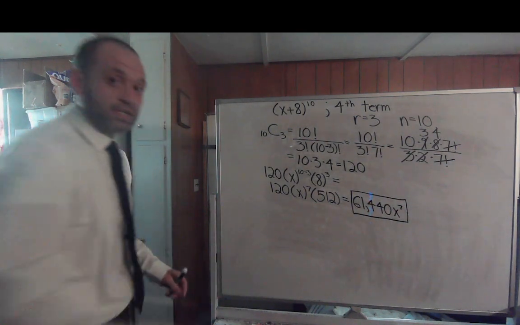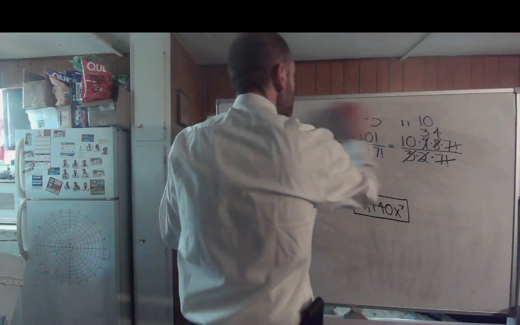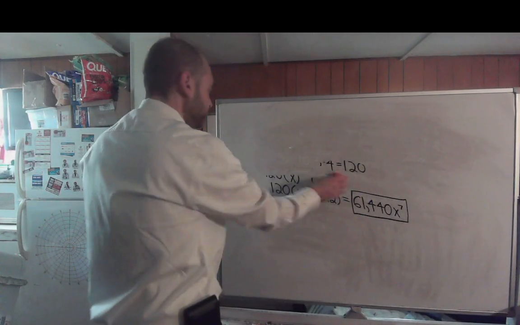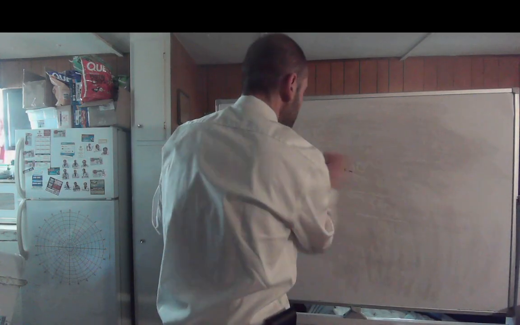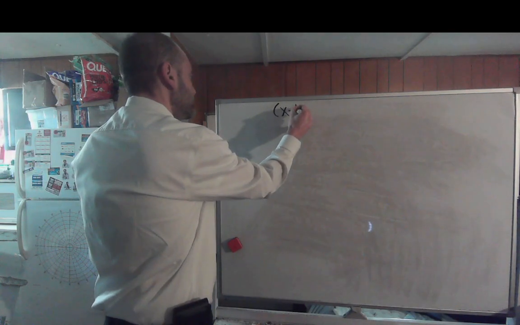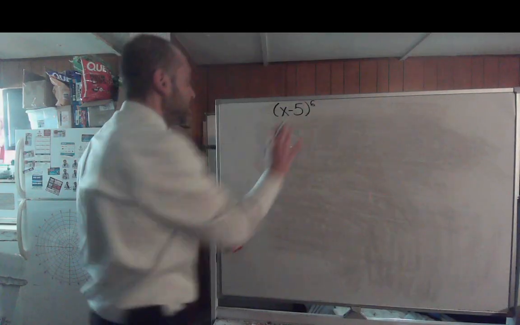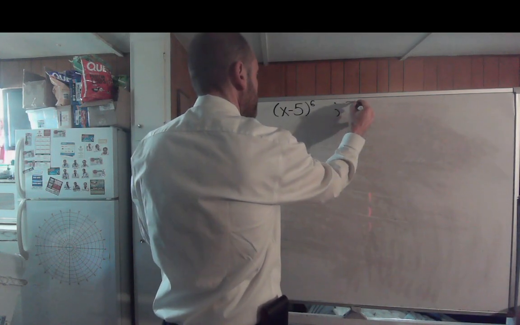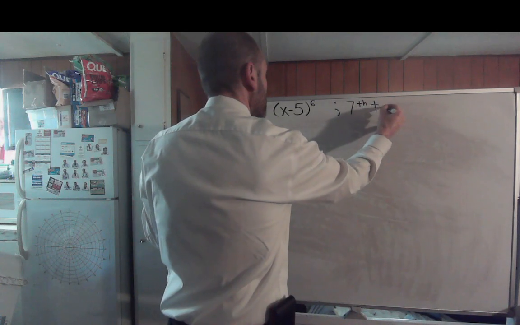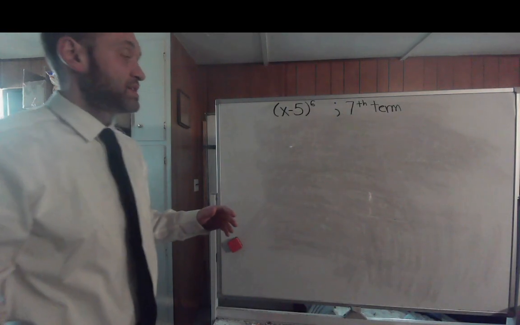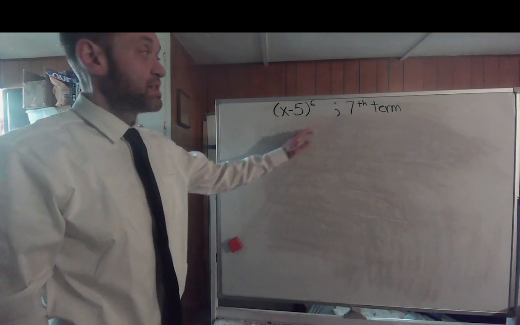And I got some more of these. Good one. So we have x minus 5 raised to the 6th power. We got to find the 7th term. So we're going to find the seventh term in this case of this expansion x minus 5 to the sixth